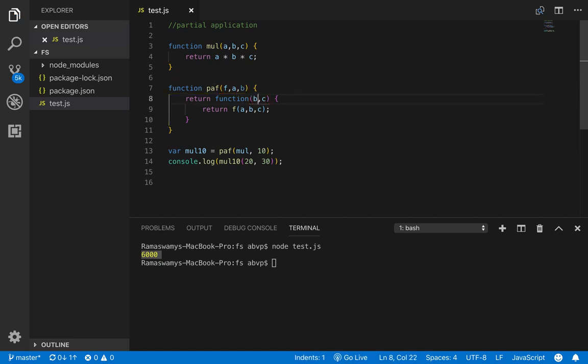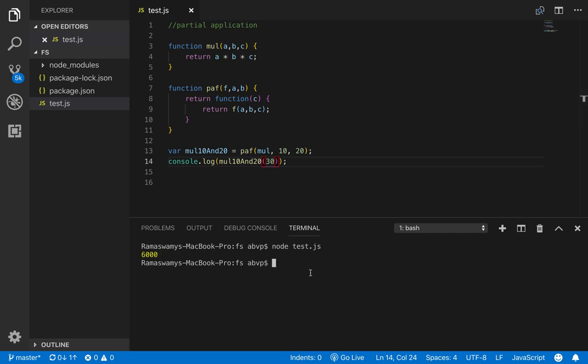In that case, we have only c here, and then we can do a mul 10 comma 20 here and save it in a variable mul10and20, and then call mul10and20 and just pass the value of c, which is 30.